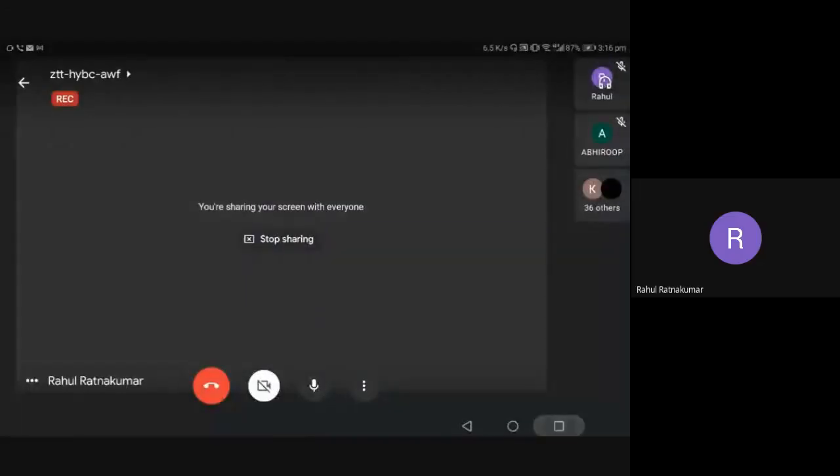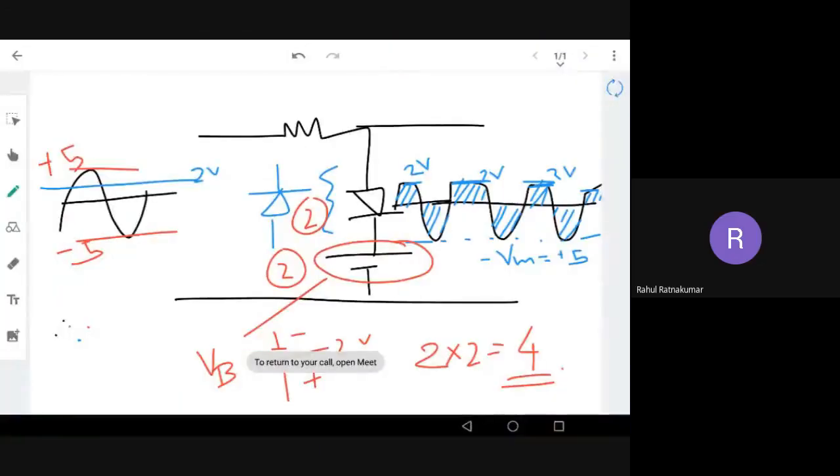Okay, so I think you remember the circuit which I gave you. So it was a diode with a resistance only, and I told you to reverse the. Okay, so this was for discussion.